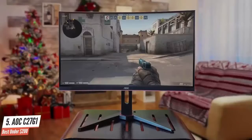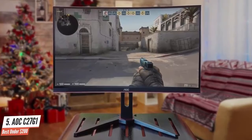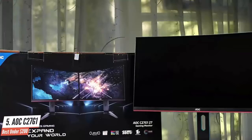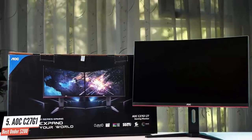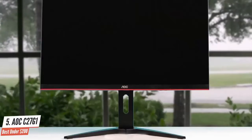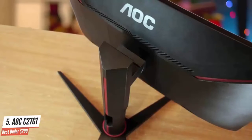The C27G1 is AOC's latest 144Hz gaming monitor that's aimed at gamers who want a responsive panel without compromising too much on picture quality. AOC has brought its A-game again with the overall quality, the G1. The stand offers tilt, swivel and height adjustment and takes up pretty minimal desk space. And while there's no RGB lighting in sight, the panel's aesthetic is a healthy blend of gamer red highlighting and